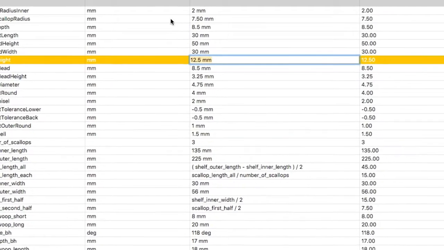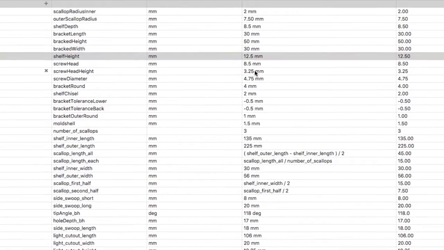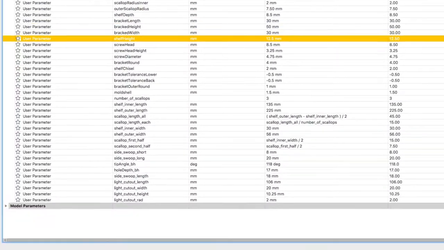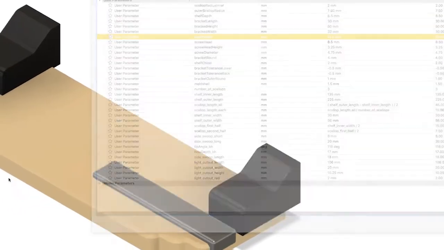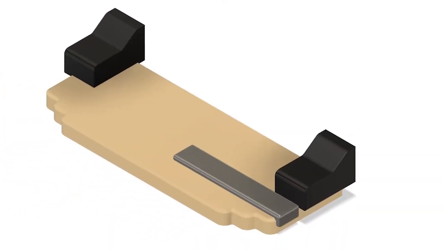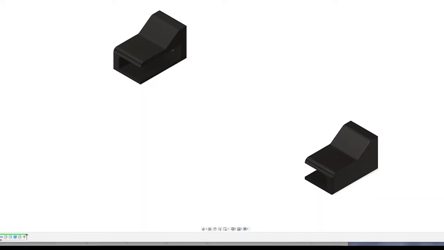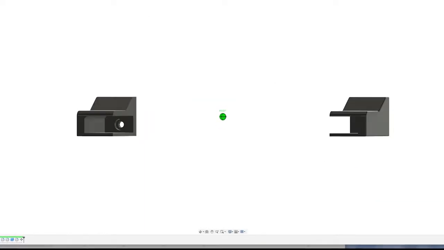Now that I can do that, I will then have to modify the other parameters to go along with it, including the bracket. Brackets have been adjusted, the shelf has been adjusted, but a few small things have to be adjusted on the design. Let me just lift the shelf up a little before I do my combine action,